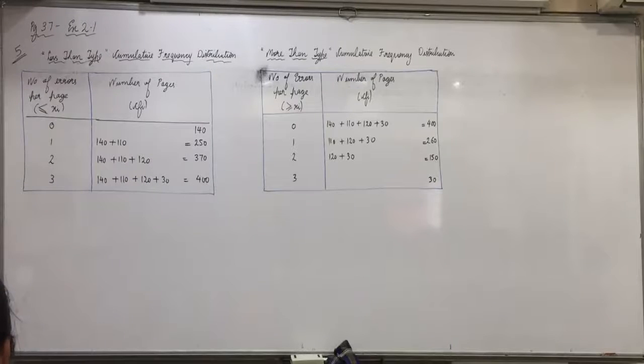So when you convert it from a discrete frequency distribution, in both places we have used the sign of equal to. Anyone having any doubts in this, raise your hand. Are all clear up till here? Now, if there are more questions, you'll try on your own, otherwise we'll take up the continuous frequency distribution.